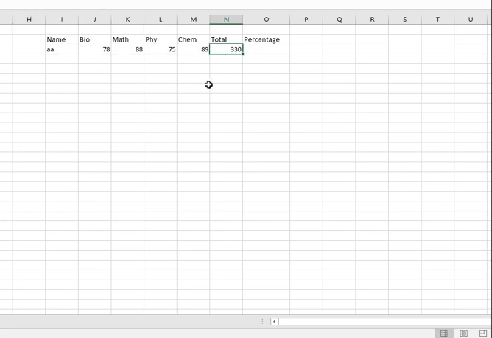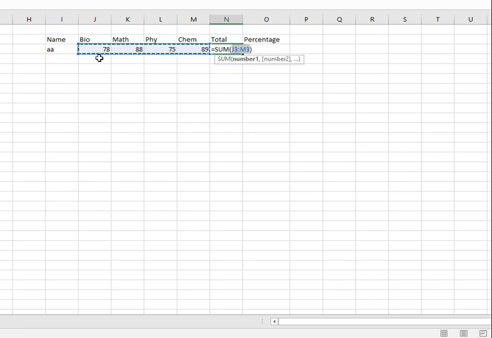Or else the second method is that select the cell in which you all have to find the total. From the menu bars, you all have to click on the formula menu. From formula you all have to go on the auto sum, and from auto sum you all have to click on the sum. Then once you click on the sum, these are the selected items of which addition you all have to perform.